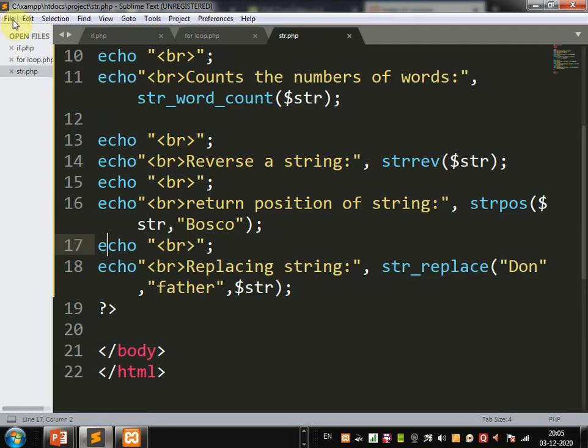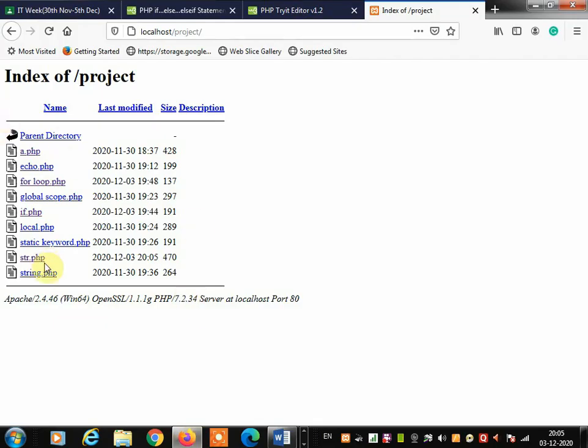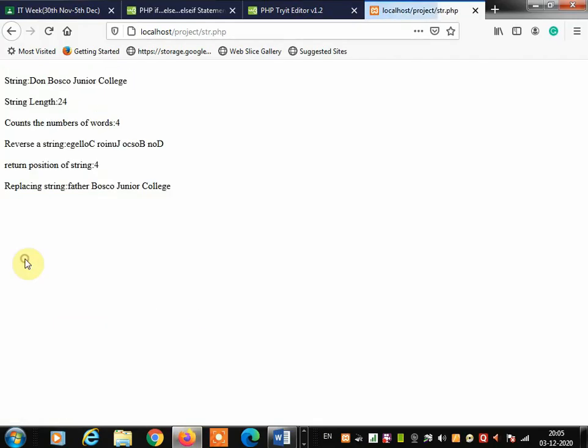Click on the string program and see replacing string: Father Bosco Junior College. Where Don was there, it is replaced with the word Father. So like this we can use functions on a string.